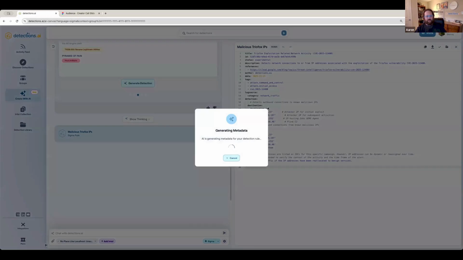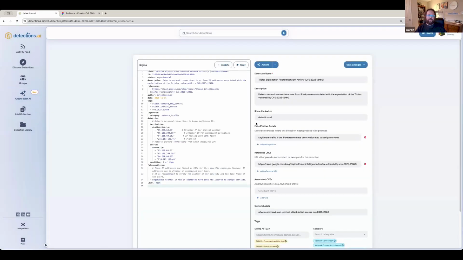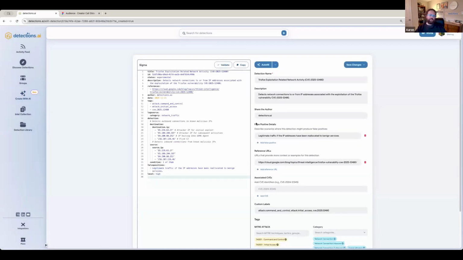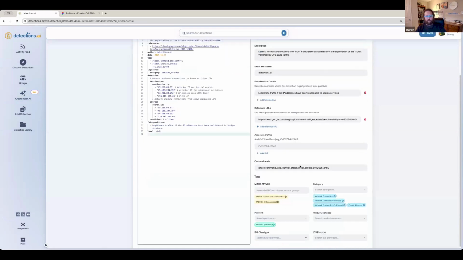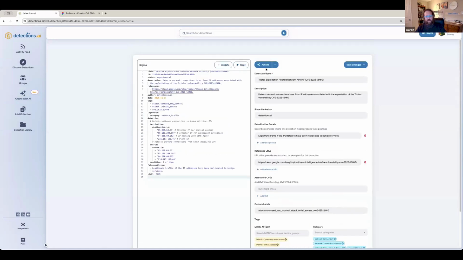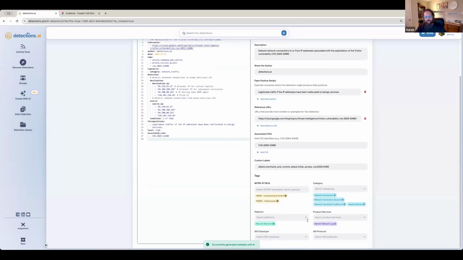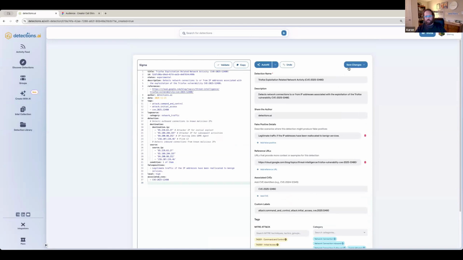When you save it off, hopefully this will work. I did it earlier and it broke because I did something wrong. So hopefully this will take just a second. So what this is doing is it's writing you a better story about your detection than you're going to get from just the words on the Sigma rule. So you're going to get all the different tagging. I generally will redo the AI autofill. Sometimes the tagging will get sort of improved, which is cool.